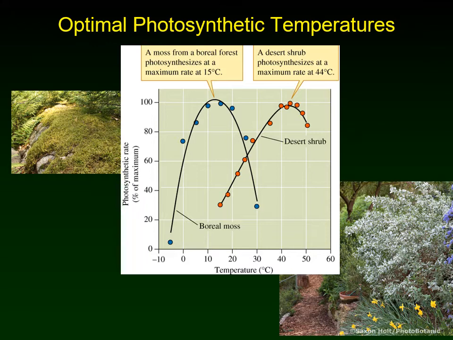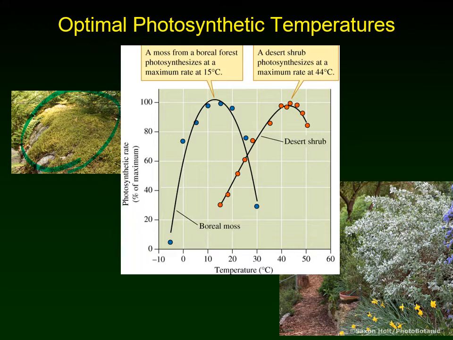I'm going to move on now to talk about how plants are also influenced by temperature through the process of photosynthesis. So this is obviously a chance for you to review what photosynthesis is. And this example is looking at 2 plants that have evolved to grow in very different environments. We have a moss growing in the boreal forest that is growing on the forest floor, so it's a very cool area that it is growing up north and in the shade, versus a desert shrub, which is Atriplex lentiformis,